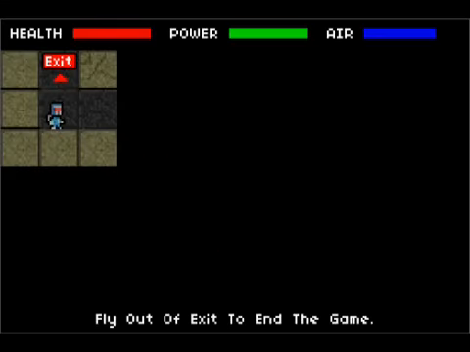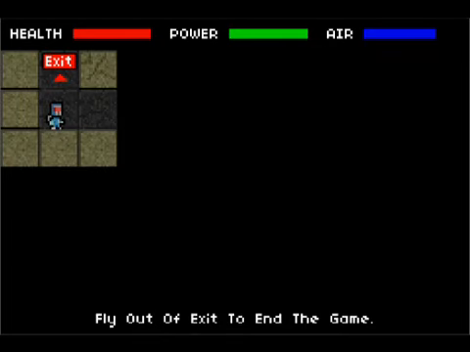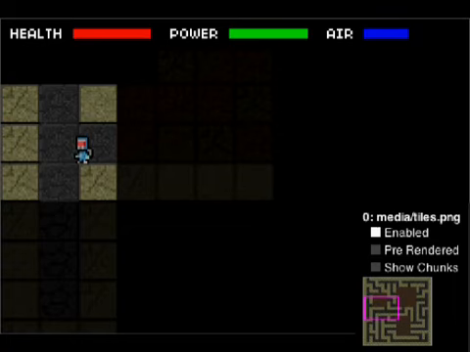I have this very basic ray tracing lighting system, which I didn't like at all. But as you walk around, it illuminates where you are. This is the main player, and you have to fly out at the exit, and you see the health, the power, and the air at the top. One of the cool things is that I'm auto-generating the level. I really love these algorithms that generate mazes. So I took one that represented a rogue game, which is more of a dungeon crawler. And I figured a real cheap way to get around these big, long hallways, since I'm doing it as a side scroller, is to give the player a jetpack. That's actually working out really well in the game.